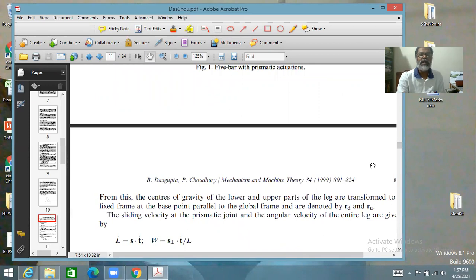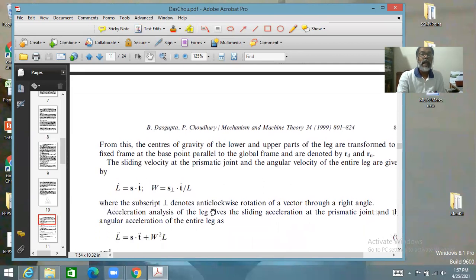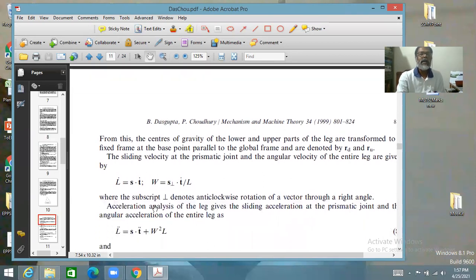What we want is the velocity component along the leg. So rather than differentiating and then evaluating things, we directly talk in terms of the derivative of this vector, T dot. So the velocity of the end point P, its component along the S vector along the leg is this. And that velocity,